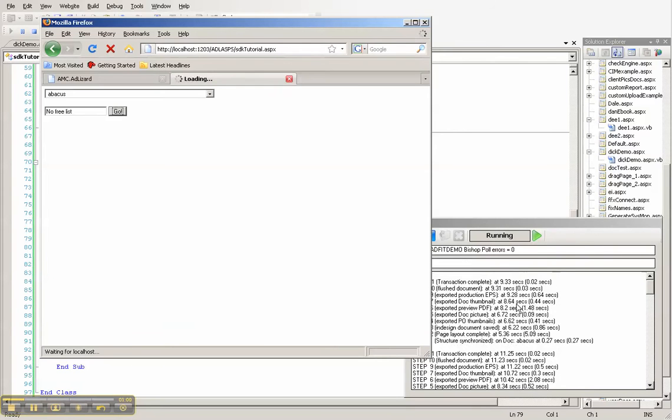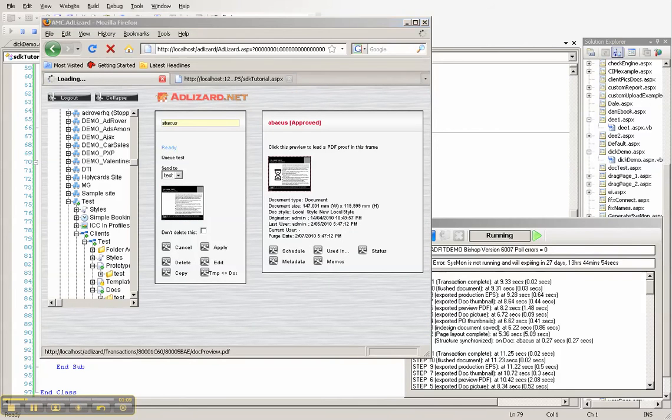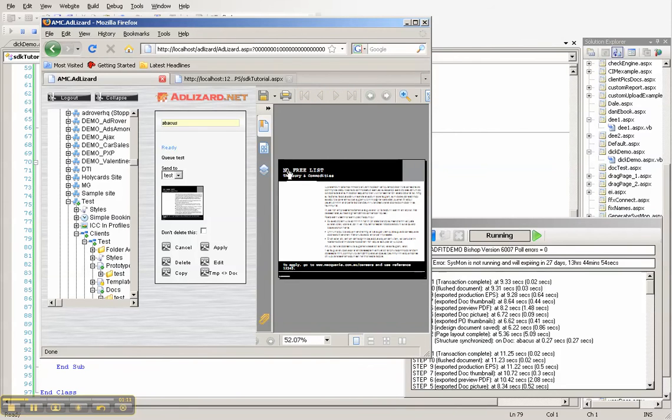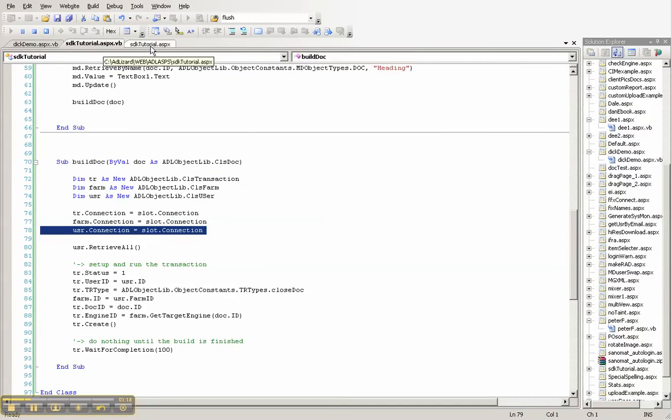including our new text, and I can see it here. If I click on the document, I can actually see that no free list will now be part of my document. What I want to do though is just finish off here by doing one more thing, and that is